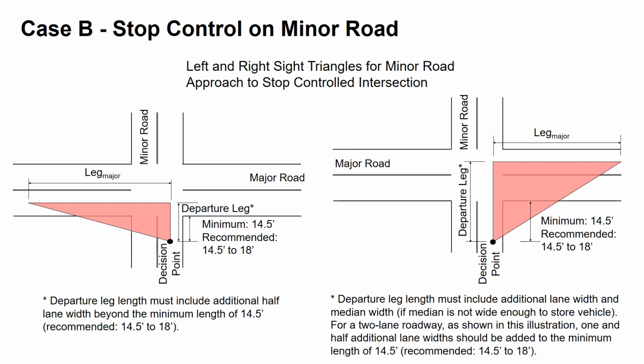So looking at our sight triangles now for the stop control on the minor road, this looks different than our uncontrolled intersection because we really have a decision point, because we're assuming that the driver is going to stop at the stop sign. So that decision point makes up our departure leg, and that departure leg must include an additional half lane width beyond the minimum length of 14.5 feet. That 14.5 feet is from the edge line, the edge of the lane on the major road, back to that